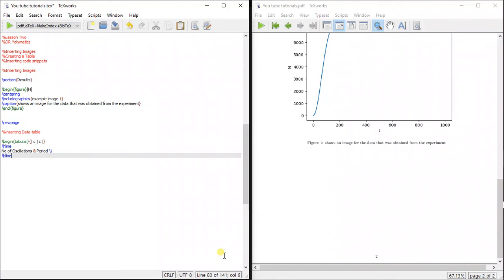So I use the edge line so that there is a line which separates the heading from the data which is to come. So if I have my values now, I have to follow the same format that I used here to put my data. The number of oscillations will always be on the left while the period is on the right. So I'll just say 20, then end, then maybe I say